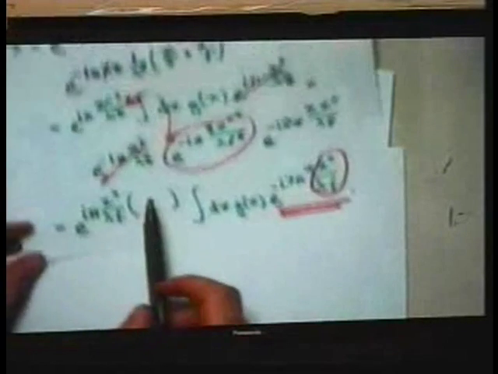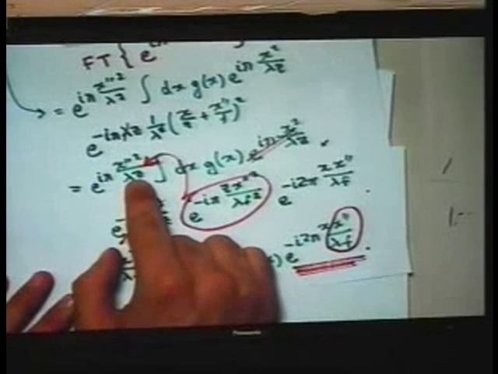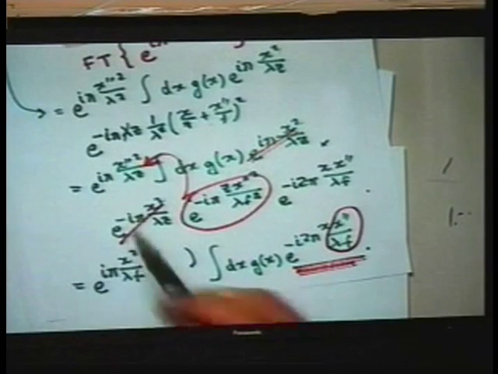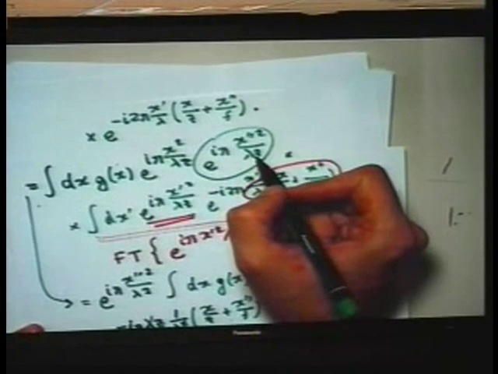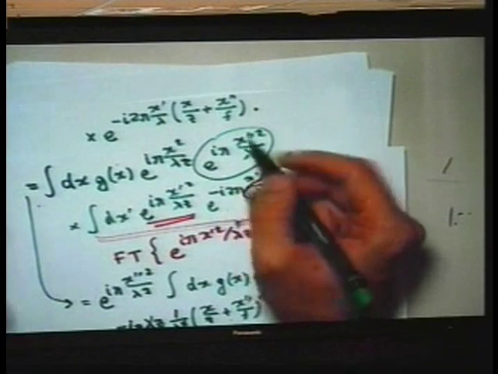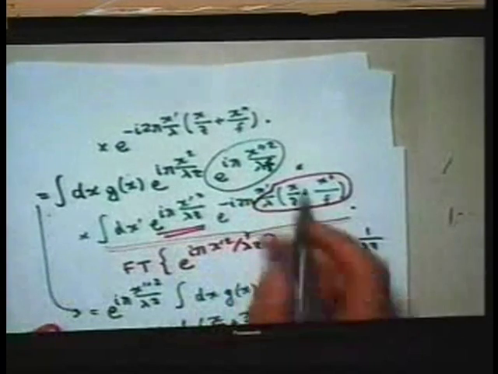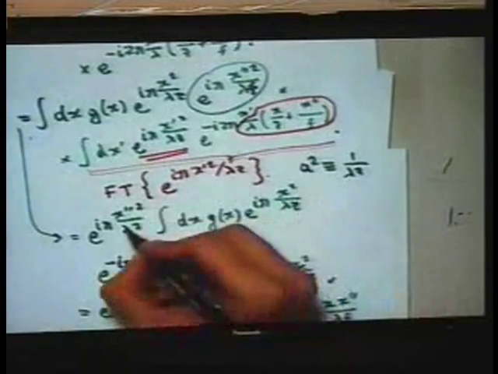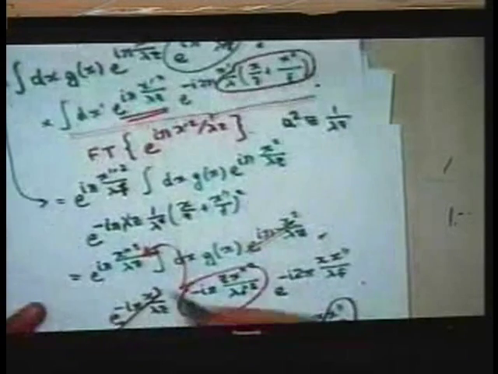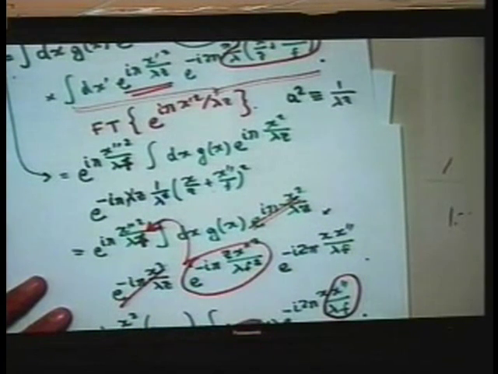Now something funny happened here, and this doesn't look quite right to me. That should be f, right? I don't know how this became z. Oh, yeah, okay, I know. That should be f, yes. Somewhere in my notes I converted this to f, but thankfully I know the physics, so I know that this should not be z, so this should be f. Okay, so now it looks right.